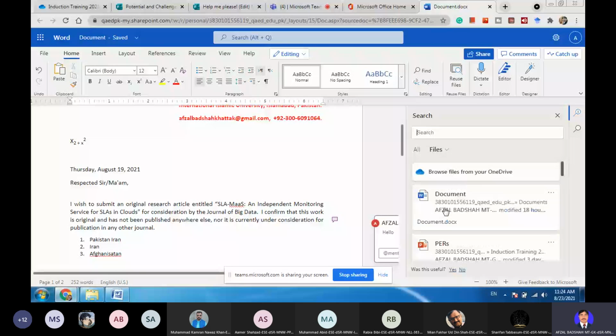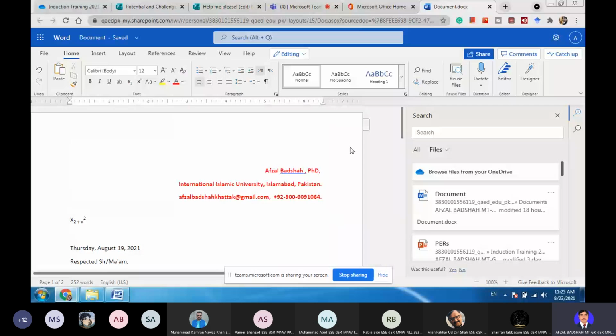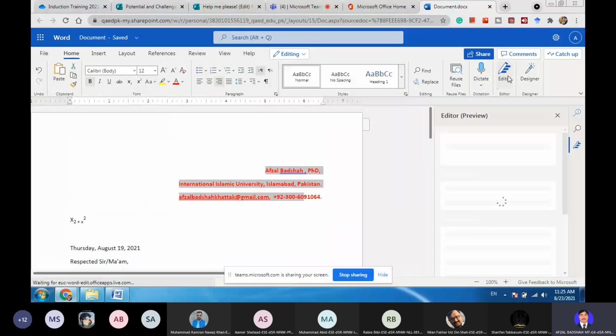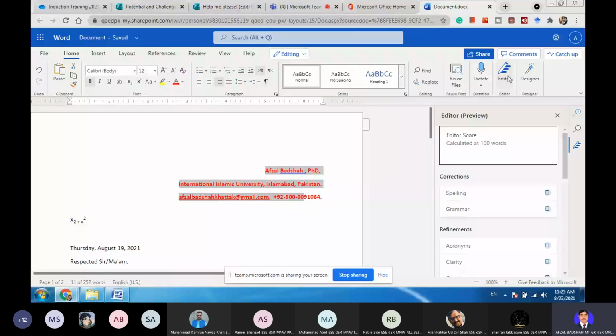Dictate, this is also a new functionality which is added to 365. If you want to explain it, or if you want to record your voice with this text, then you can use the dictate option. Editor is giving a very beautiful option, especially to editors, reviewers,